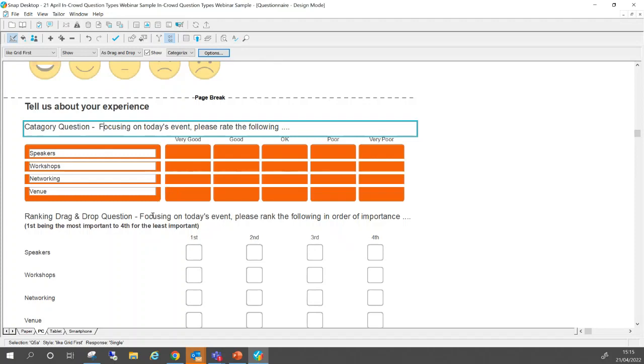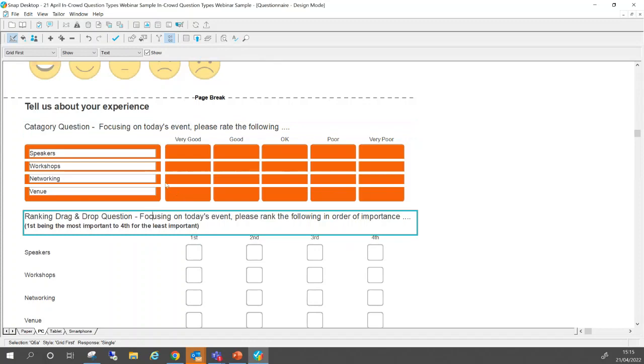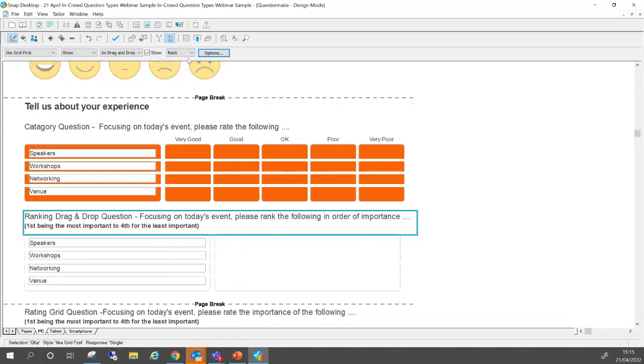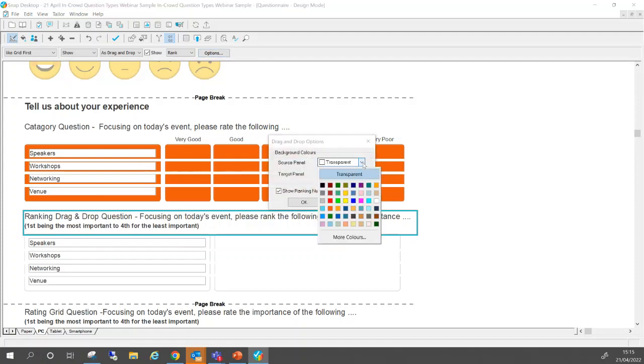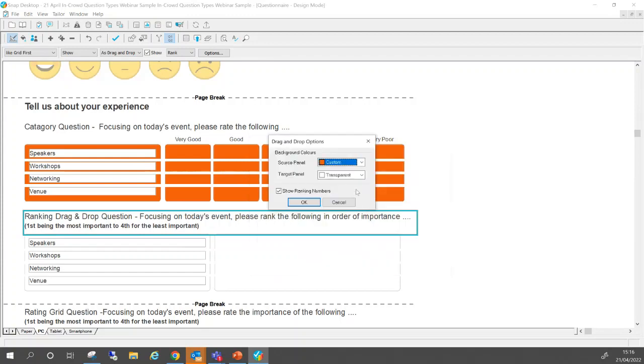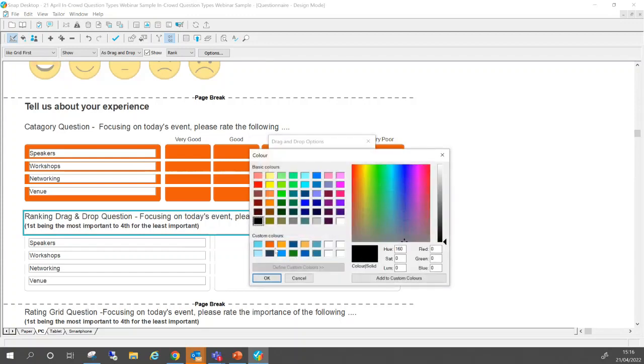For my second one, I'm going to change this as a ranking. We're going to do the same thing. First, it's a grid first. The second drop down is show. The third drop down, we change to drag and drop. We tick the show button. But instead of being categorized, we actually ask them to rank it. If I go to my options here, once again, I'm just going to keep my colors the same. So very simple, few clicks,